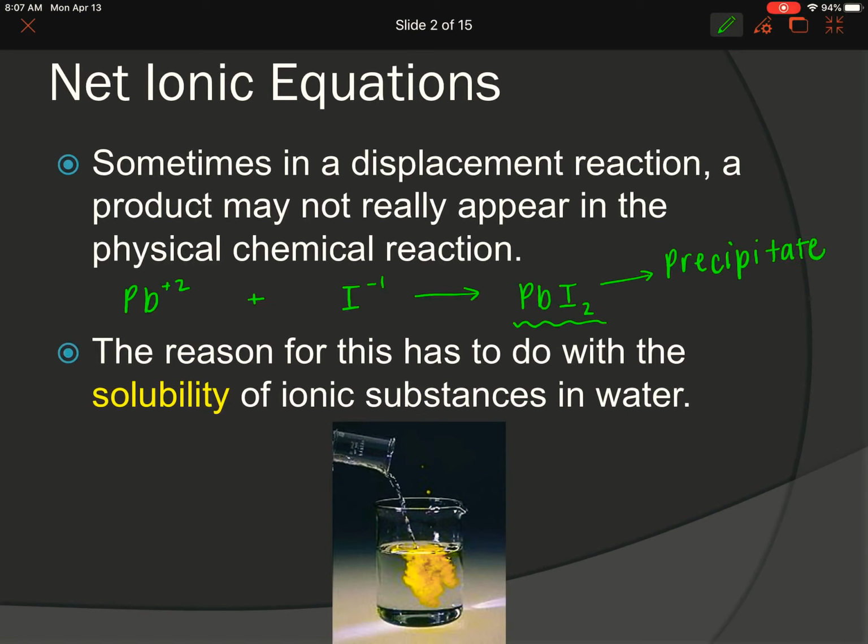So lead iodide is a precipitate, meaning it's a solid when it's in a solution. That means that it's insoluble. Specifically, if we're talking about aqueous solutions, it means it's insoluble in water. So the reason for net ionic equations has to do with solubility. The substances that are insoluble are going to be the ones that are forming bonds together and actually participating in